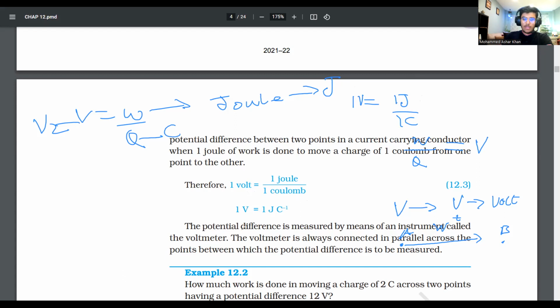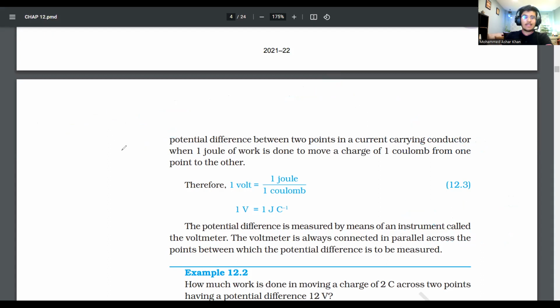And moving on from that, we have potential difference measured by means of an instrument called a voltmeter. Like I said, voltmeter is always connected in parallel. What does that mean? That means, as we saw, for an ammeter, it is connected inside the circuit, in between the wires. Now, a voltmeter, for example,